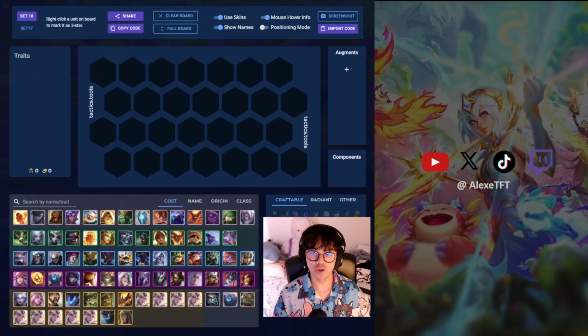Hello, everyone. You're watching episode 1 of my Road to Las Vegas series, where I show you my entire preparation as I plan to qualify for Road to Las Vegas here in Set 18 Enchanted Wilds. Today, in this episode, we'll be going over my preparation for my 4 cost comps that I'll be trying in